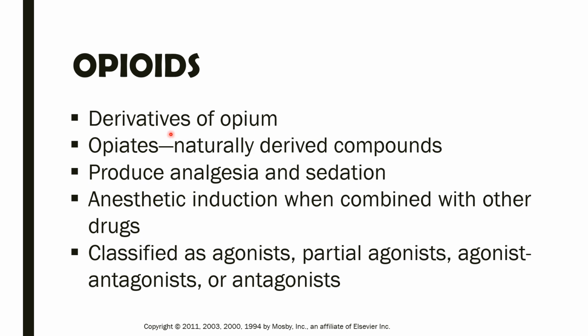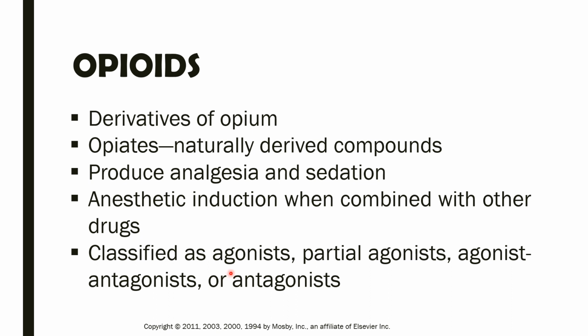So for the effects of the opioids, they produce analgesia and sedation. They are indicated for anesthetic induction. So they can be used for anesthetic induction when combined with other drugs. And can also be classified as agonist, partial agonist, agonist antagonist, or antagonist. So basically, the antagonist or the reversal agents of the opioids are of course used to reverse the effects of